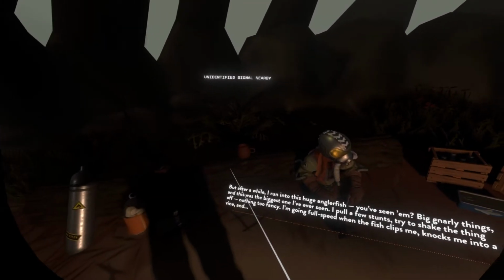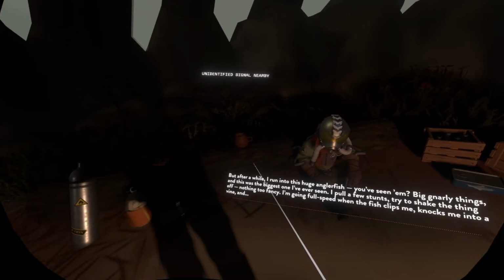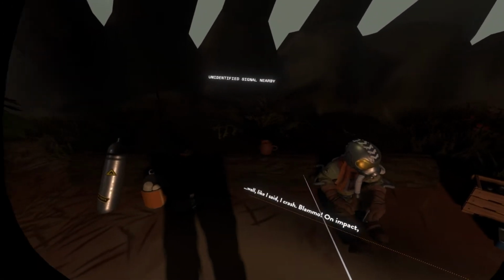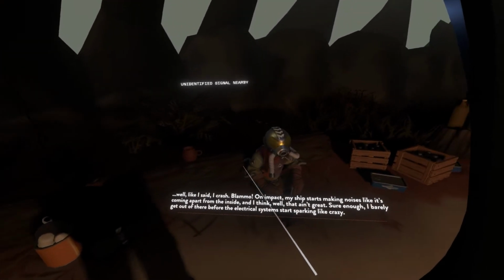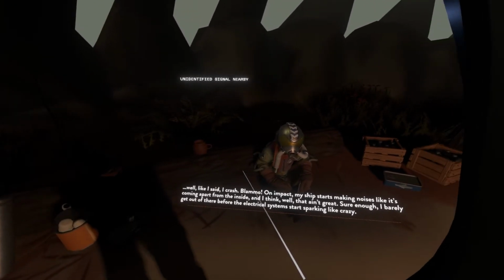Big gnarly things, and this was the biggest one I've ever seen. I pulled a few stunts, try to shake the thing off, nothing too fancy. I'm going full speed when the fish clips me, knocks me into a vine, and, well, like I said, I crash. Blammo! On impact, my ship starts making noises like it's coming apart from the inside, and I think, well,